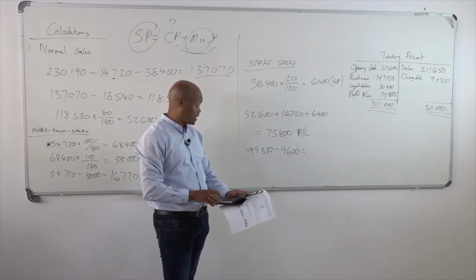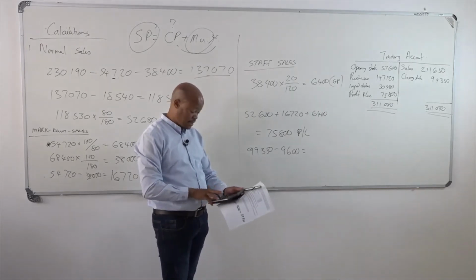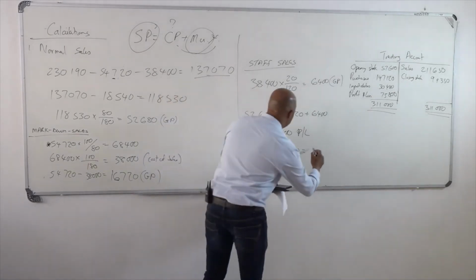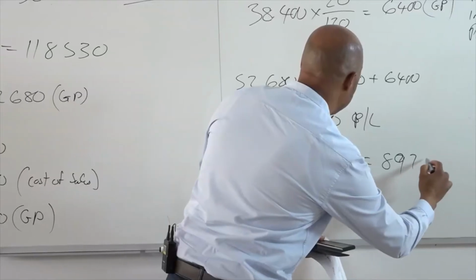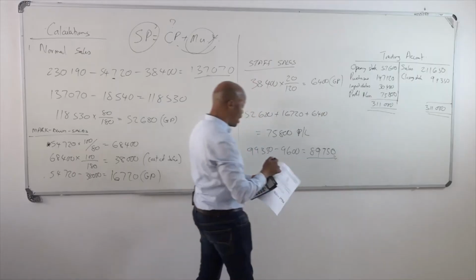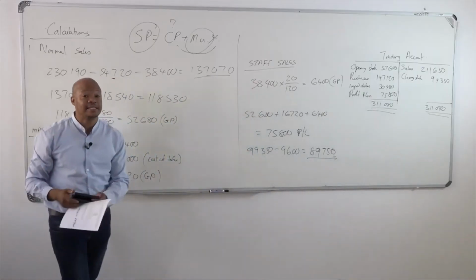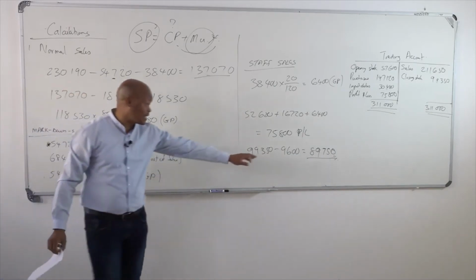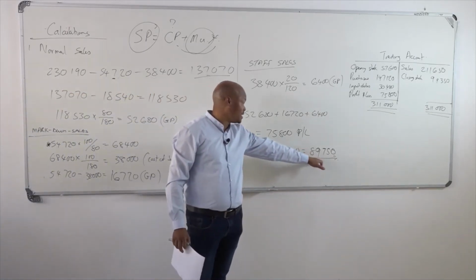So 99,350 subtract 9,600 and we get 89,750. That is the amount that we're going to present to the insurance company for them to pay us out that amount of